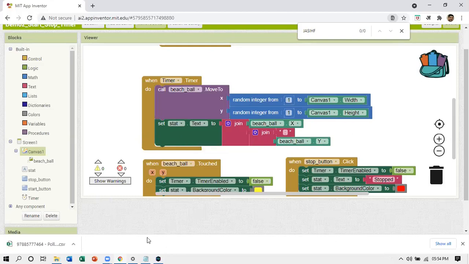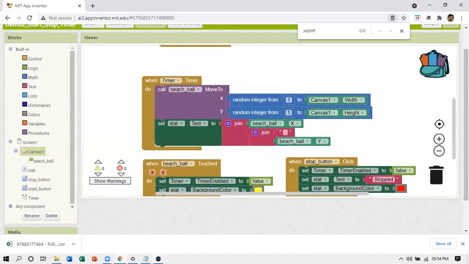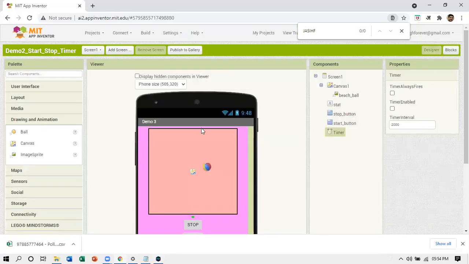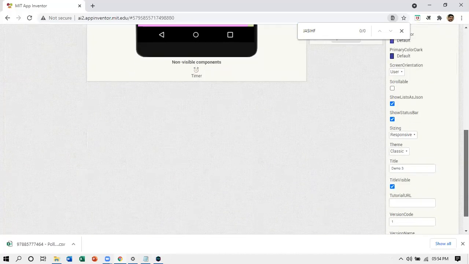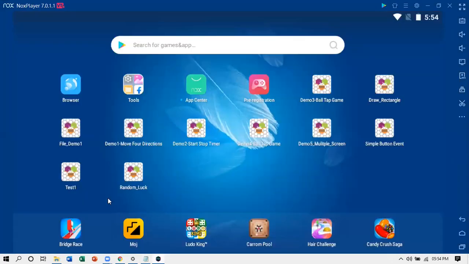So let us see if it is really working like this. Start stop timer demo 2. So start stop timer, I am clicking on it.